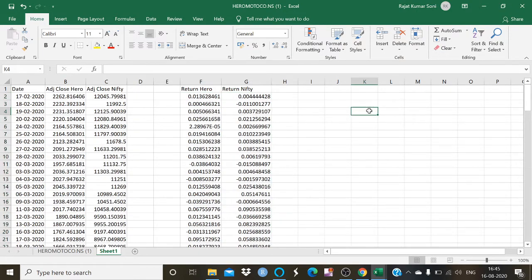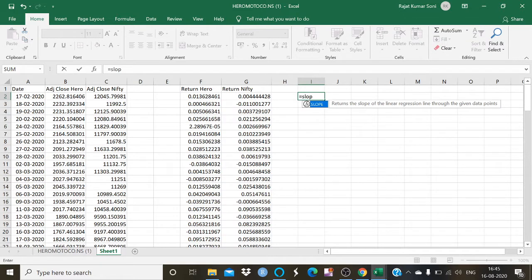So now I'm going to calculate the beta value by four different methods. First is the slope method. Just click into a cell, type equals and click SLOPE, and here is the slope function.